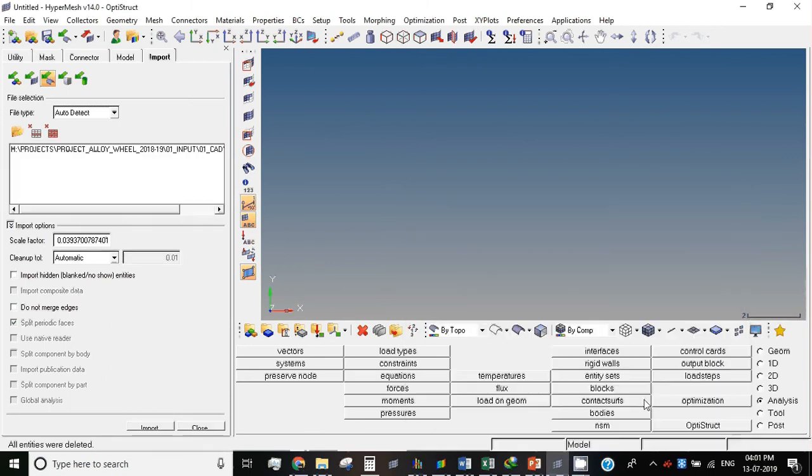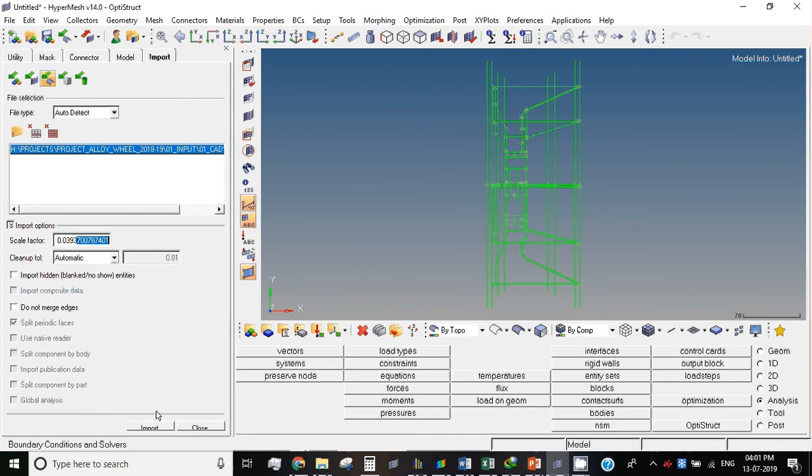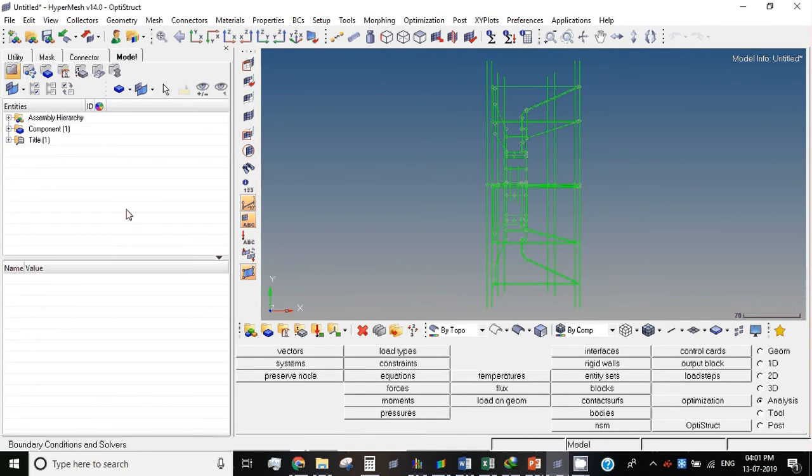Okay, open it. Now this is for the scale factor, which should be used if you are going to change the unit system. I know that whatever CAD model is there is in the inch unit system, and I want to convert it into mm, so I am using the scale factor, and it will convert directly on import, because this software doesn't understand any unit system. We should understand which unit system our CAD model is in, and which unit system we are going to follow in the FE modeling. Okay, so this is the wireframe and this is the solid.